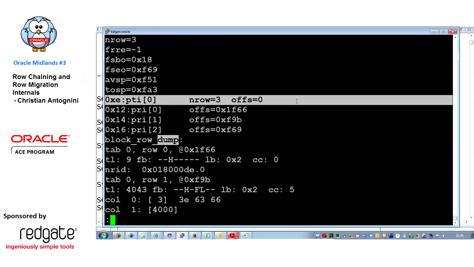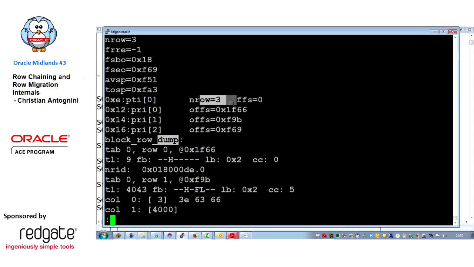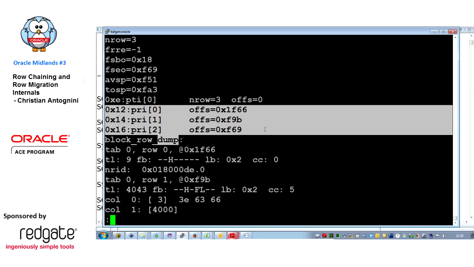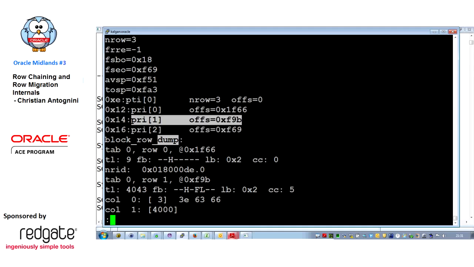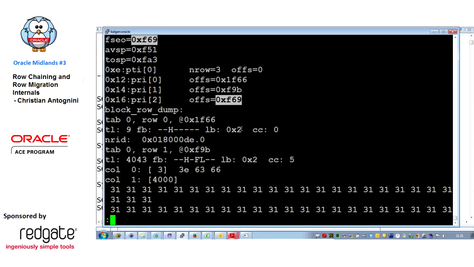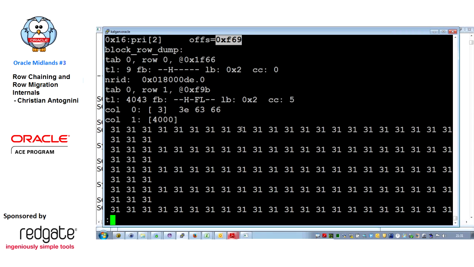here we have the table directory. Of course, we still have only one table, but now the table contains 3 rows, and here we see the offset of the 3 rows. So the row with the number 0 is the first one that was inserted, the second one is this one, and the one with the number 2 is the one that I mentioned before. So if we check where this row is stored, we can take this offset, which is on others. We look inside the